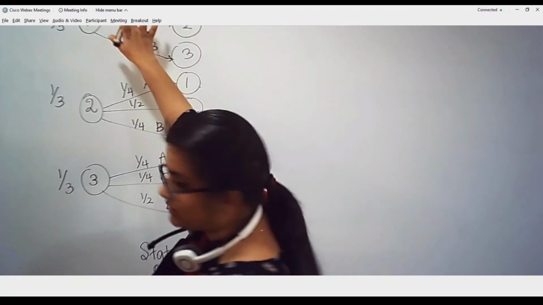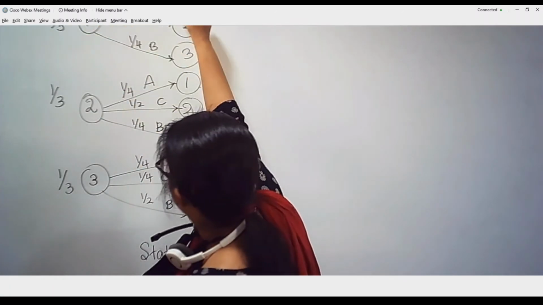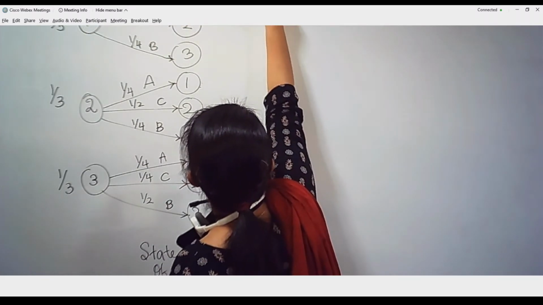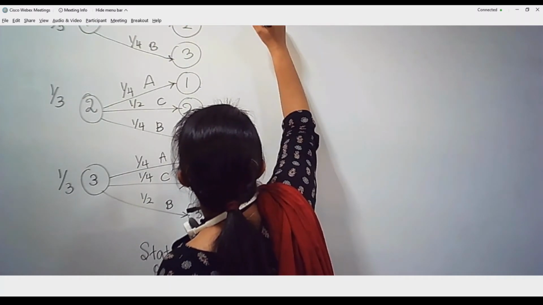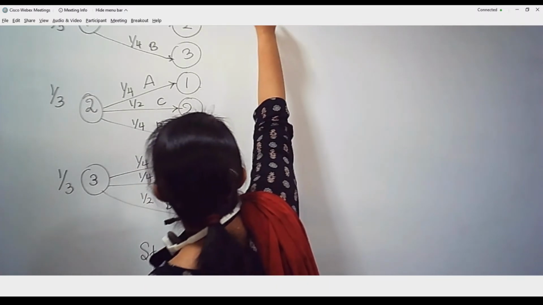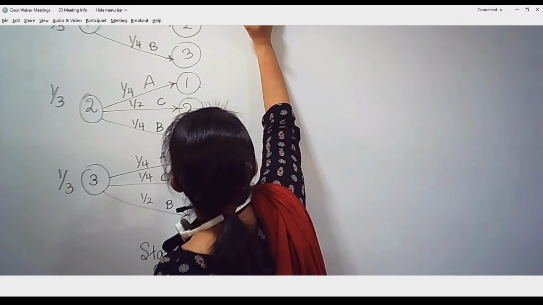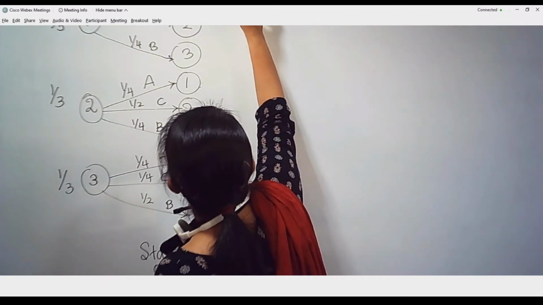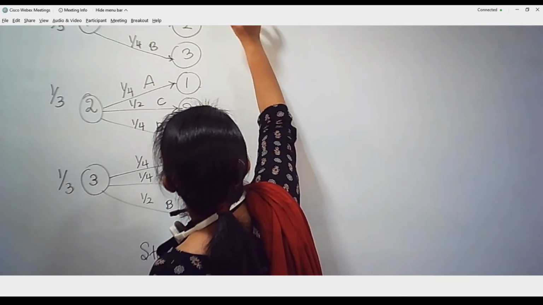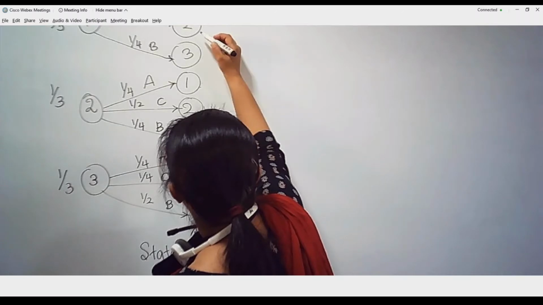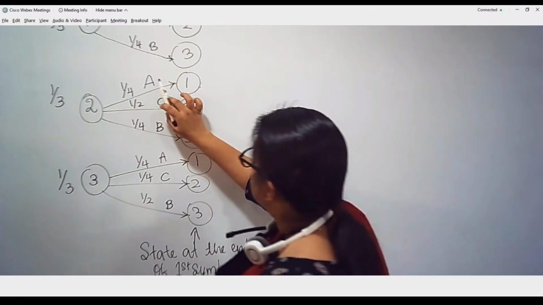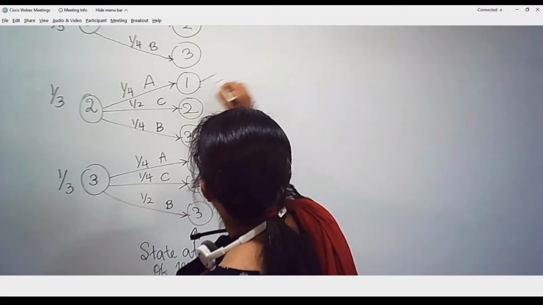So in the first loop, I have my A in state 1 currently. So I am going to extend that particular wing only. So I have again from here 1, 2 and 3. So from 1 to 1 if I move, I am going to get A again. If I move from 1 to 2, I get C. If I move from 1 to 3, I get B. Then I will find out again how to get an A, which is 2 to 1. So I will write only